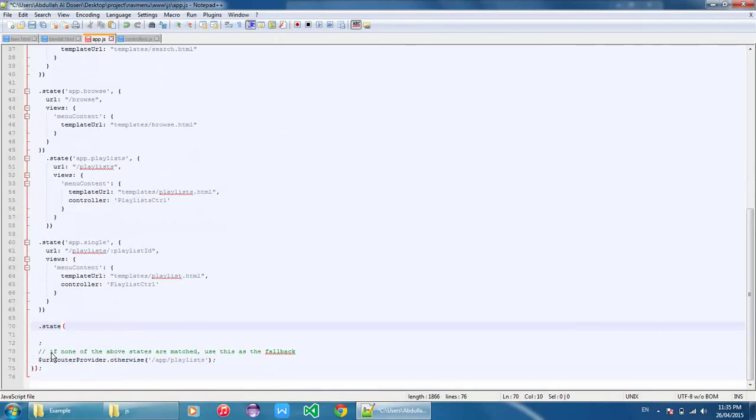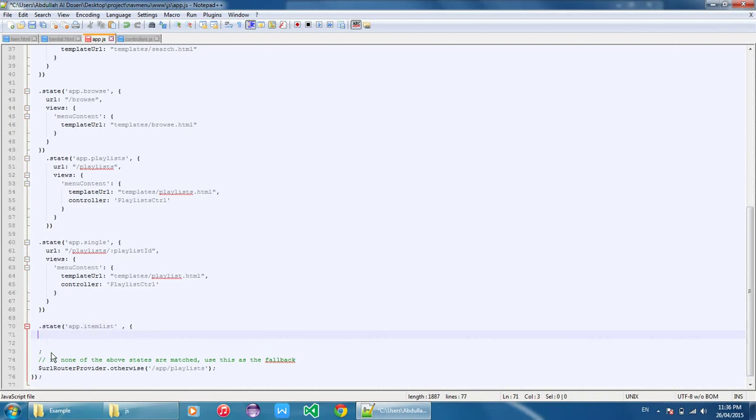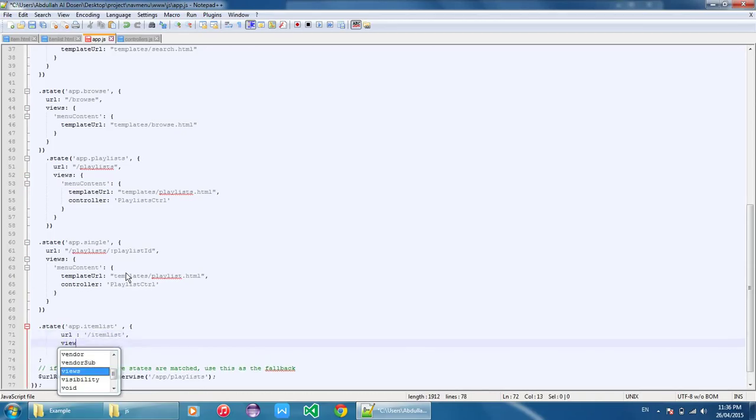and write down there state. State here is like linking the controller and the view together on the app. So just write here app dot state, and right here will be item list, and curly bracket, url. Good, slash, and you have here to specify a URL for item list. So I will write here item list and the URL will be fine, comma, and then views,